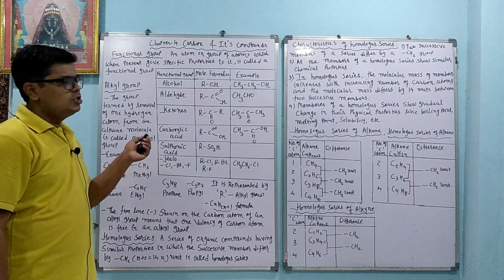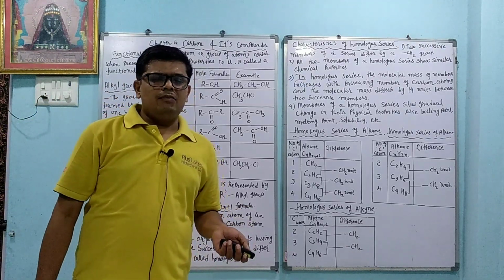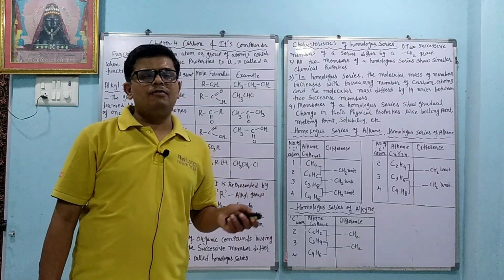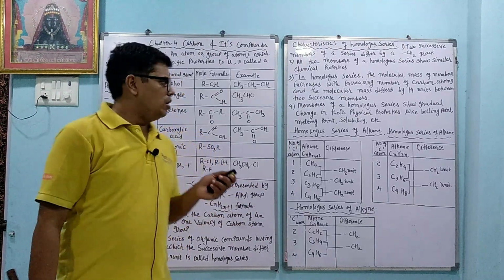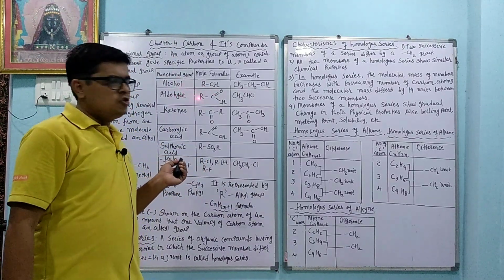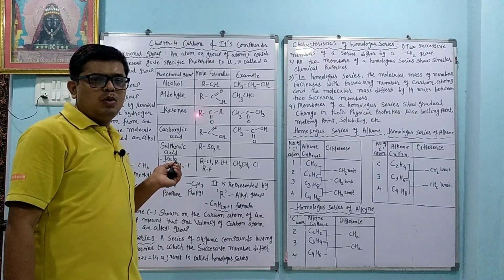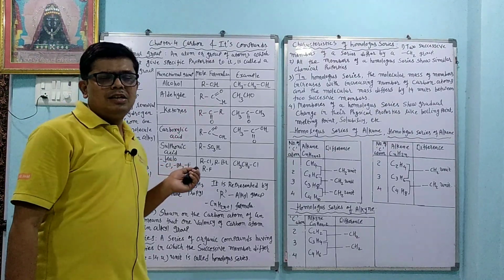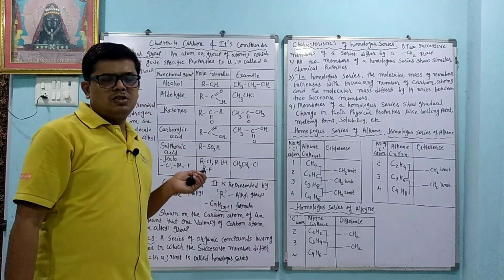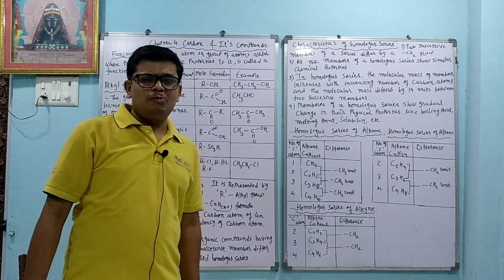Now dear students, we are switching to the functional groups. How can we add a functional group to an alkane? When we remove one hydrogen from the alkane, we get the alkyl group. Here we are going to learn about alcohol, the OH group; aldehyde, the CHO group; ketones, the CO group, which is present between two alkyl groups; carboxylic acid, the COOH group; sulfonic acid, SO3H; and the halo group, meaning halogen group: chlorine, fluorine, bromine and iodine.